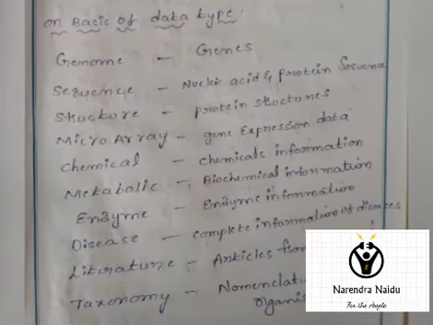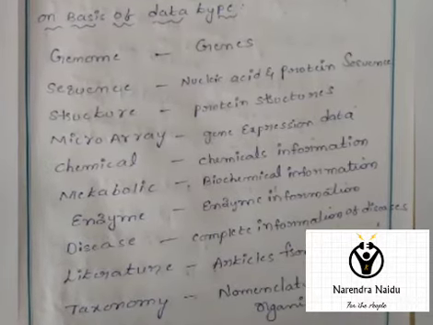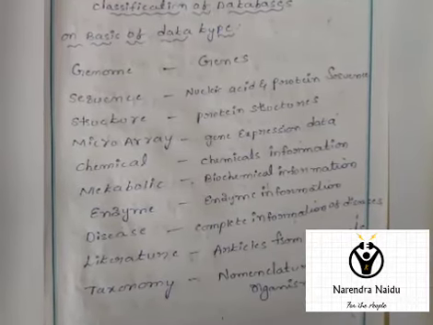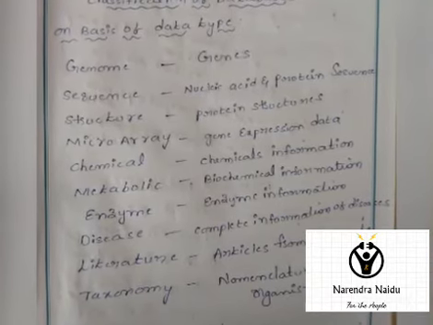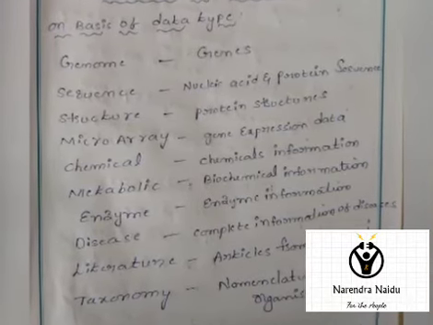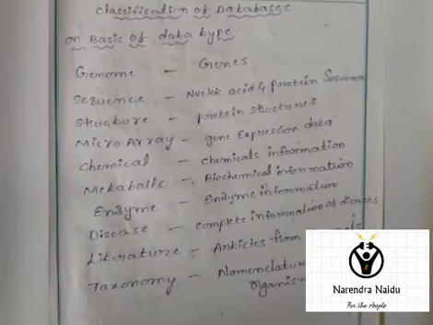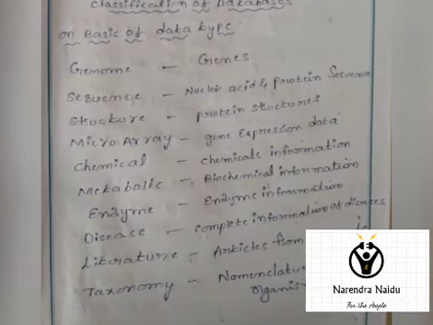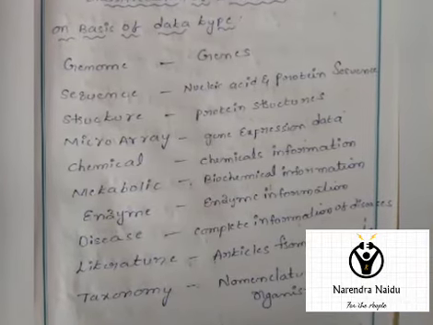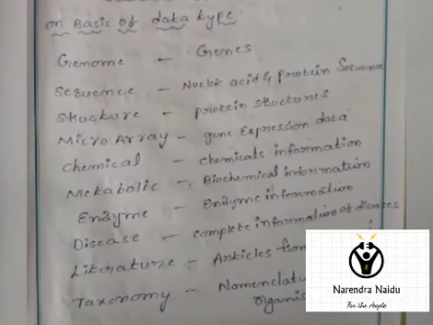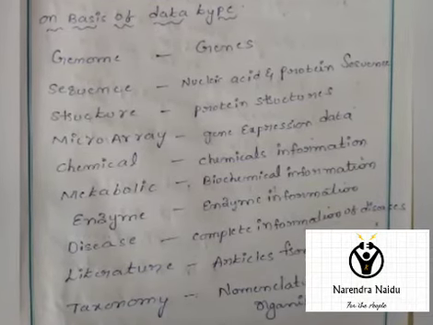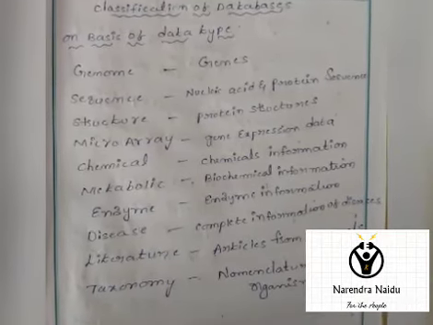When the classification of bioinformatics databases is done on the basis of data type, it contains the genome database, which contains information of genes, the sequence database, which contains information of nucleic acid and protein sequences, the structure database, which contains information of protein structures, and the microarray database, which contains information of gene expression, the chemical database, which contains information of chemicals, the metabolic database, which contains information of biochemical pathways, and the enzyme database, which contains